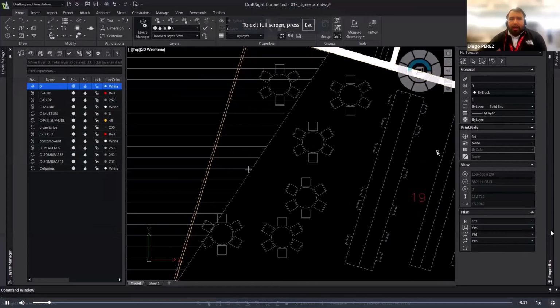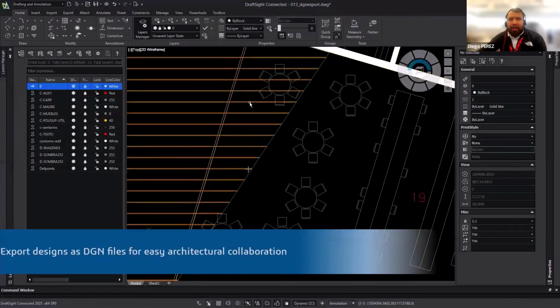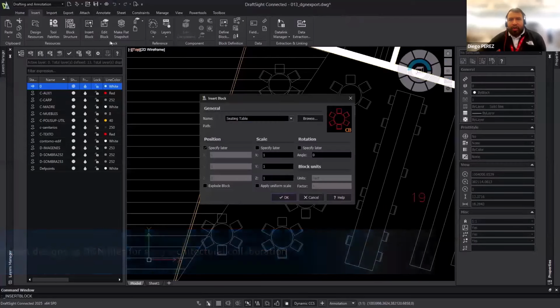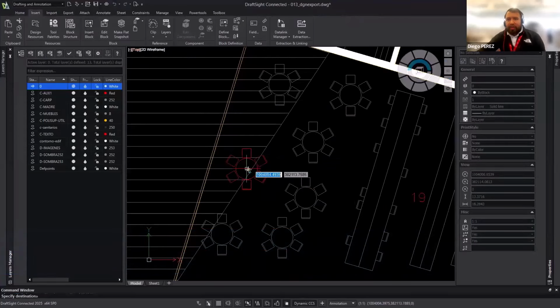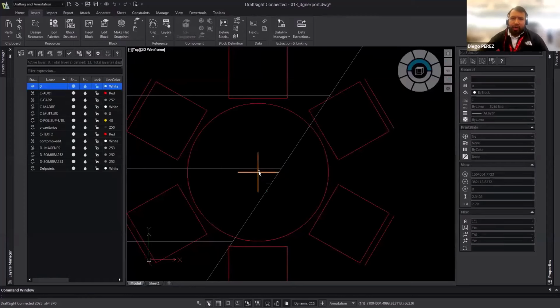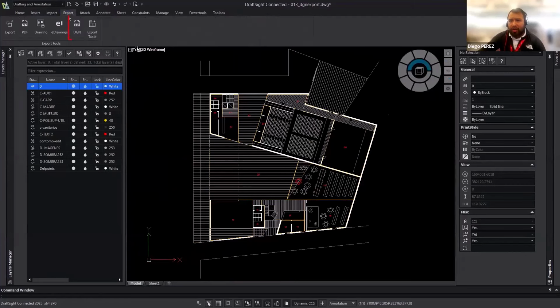Excellent. So these are breakthrough enhancements that we're very proud to share. The first one here is the DGN export. So sharing files from DraftSite is now easier than before. DGN export allows the user the capability to share the design to a wider range of audience, regardless of their